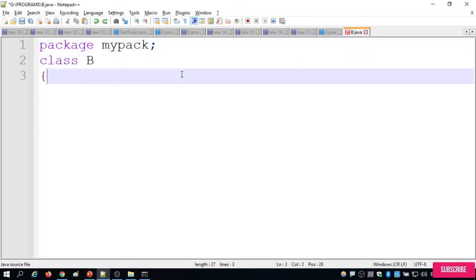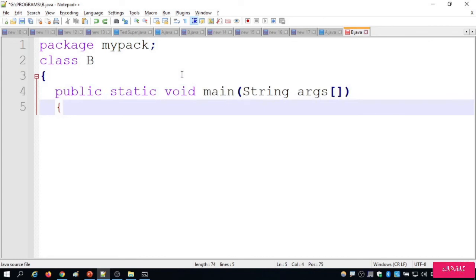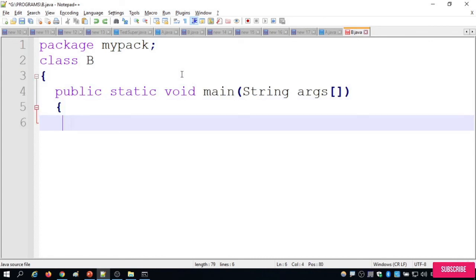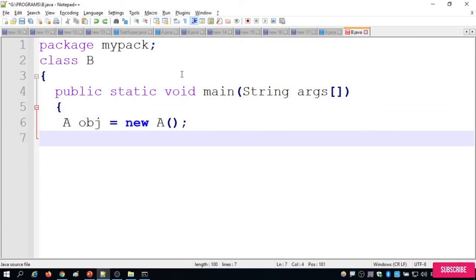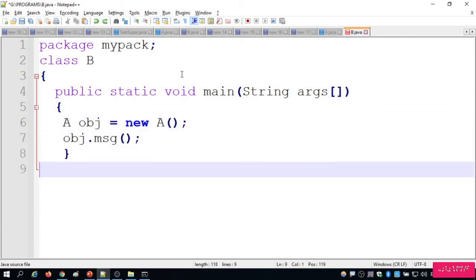In that I'm writing class B and public static void main, and here I'm going to create an object for class A, new A, obj.msg, and close the method, close the class.